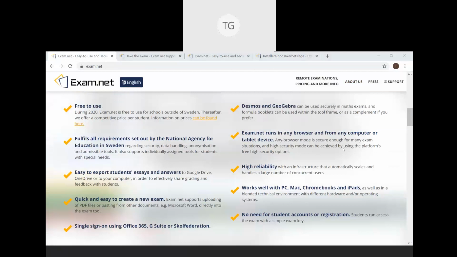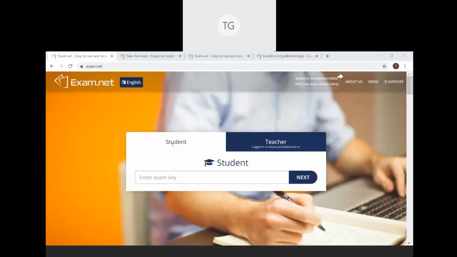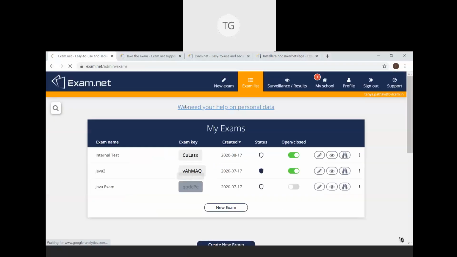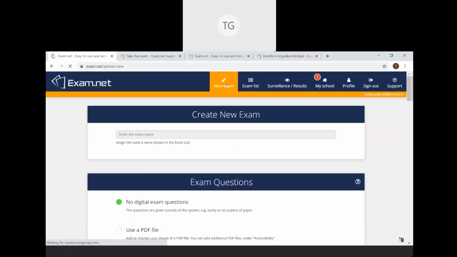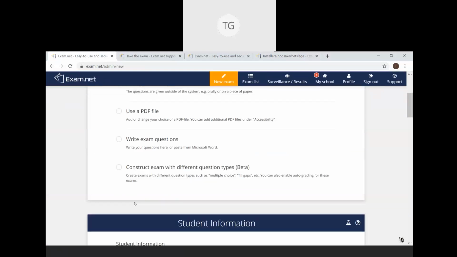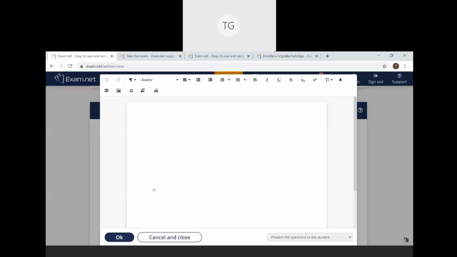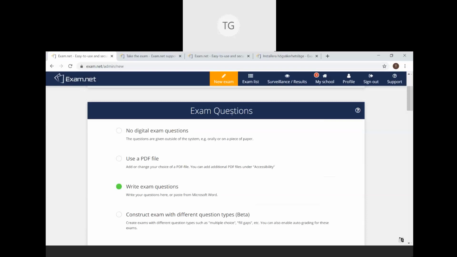If your question paper is based on network analysis, then you can add an exam simply like the way it is done. It all depends on how you want to upload your question paper. So if I as a teacher want to set up a new exam, and either I want to have digitally entered questions, or I want to upload a PDF file, or I want to explicitly type questions, all modes are available here in exam questions while creating a new exam.